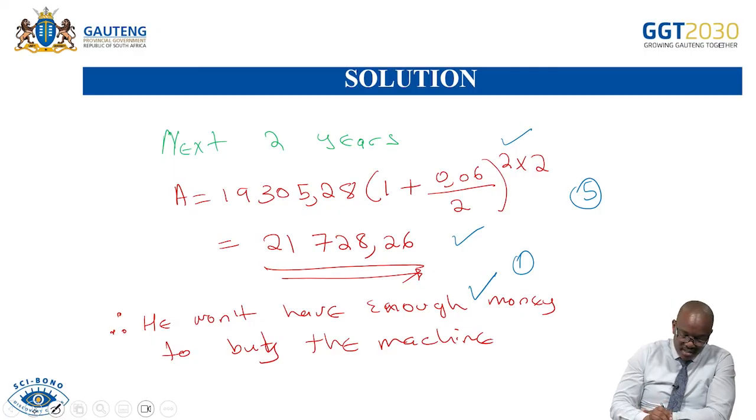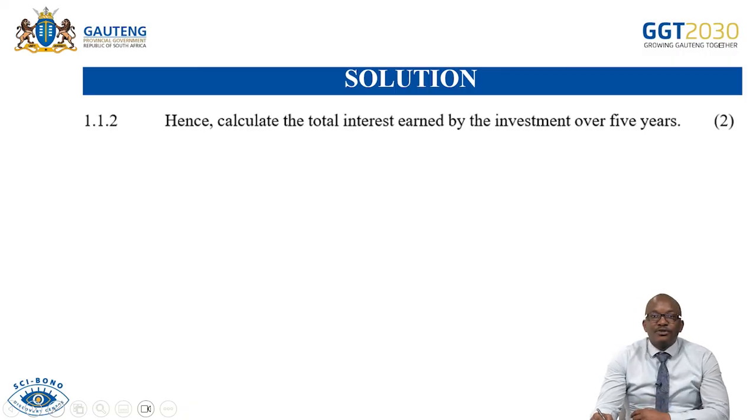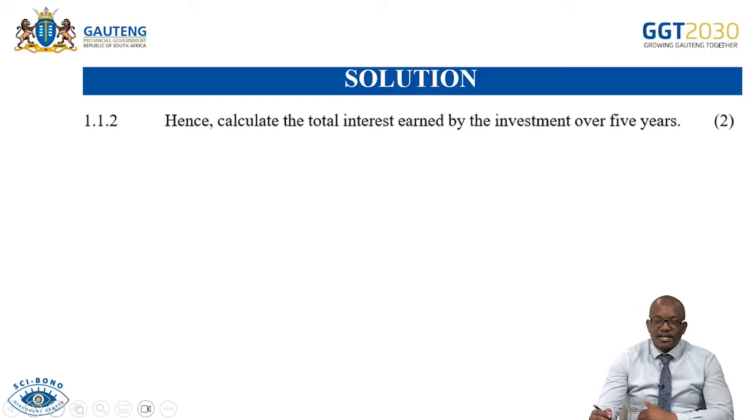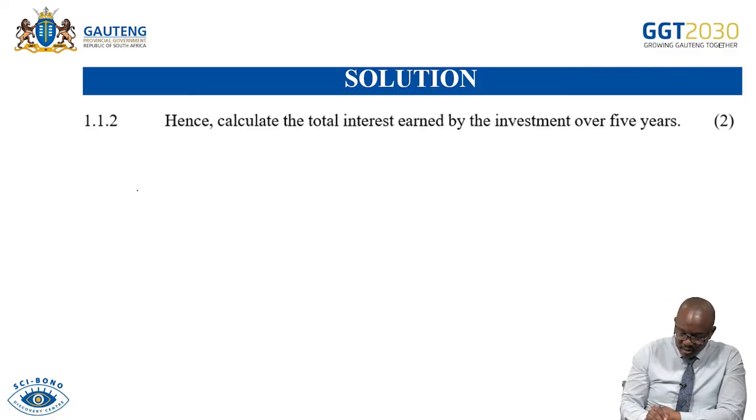So let's look at the 1.1.2. Now it says, hence, calculate the total interest earned by the investment over 5 years. So remember, when it says hence, it means you must go back to your previous question, and then you use the answer of the previous question to determine the answer for this one. So total interest earned. Total interest,